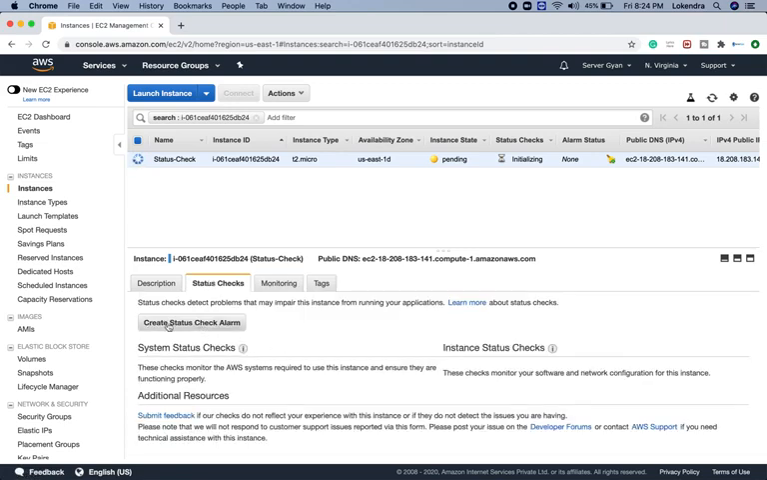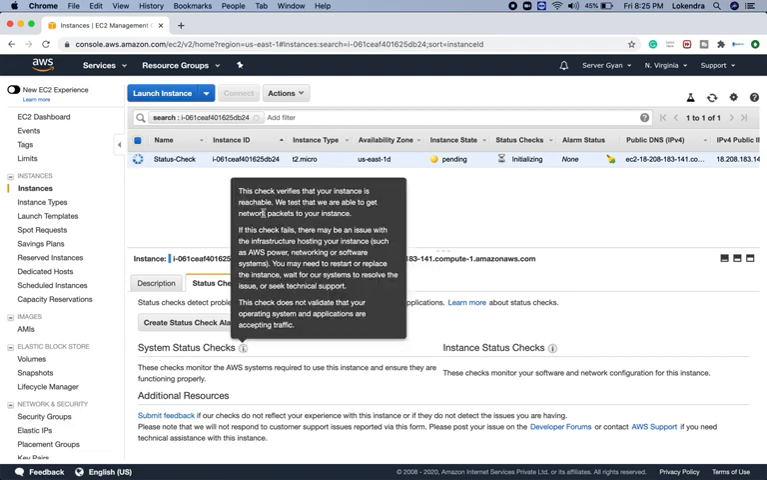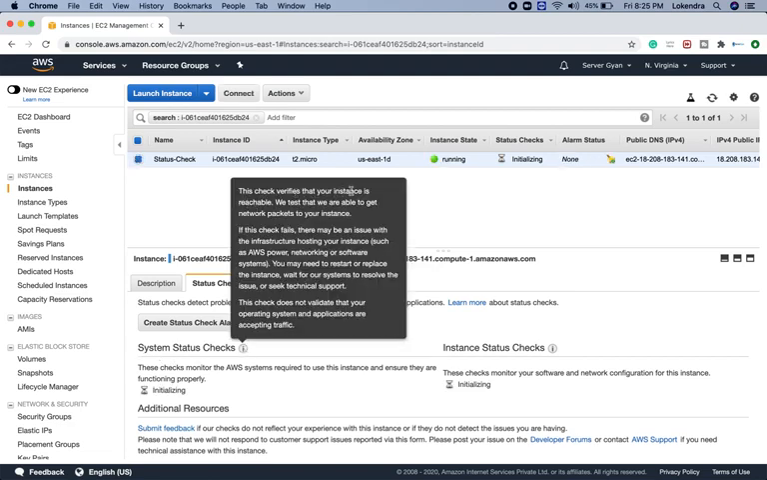So guys, there are two components. First of all, create status check alarm. This is the option, but on what basis are we going to create the alarm? Fine. So there are two checks. First of all, system status check. This check verifies that your instance is reachable, which means the particular EC2 machine